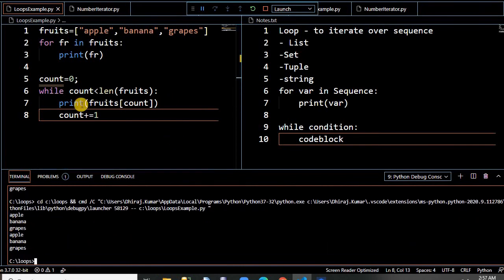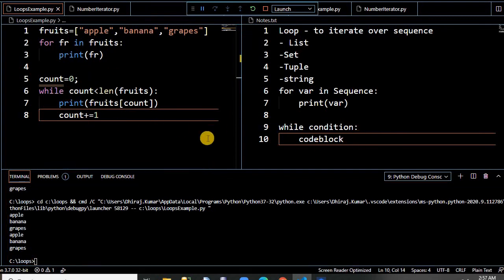See, it's printing. One output is from the for loop, the second is from the while loop. It's simple to run. We have to take care of the condition as well as the increment. The increment must be based on the condition upon which the loop is executed, otherwise it will go into an infinite loop. These are the simple ways of using for and while loops.